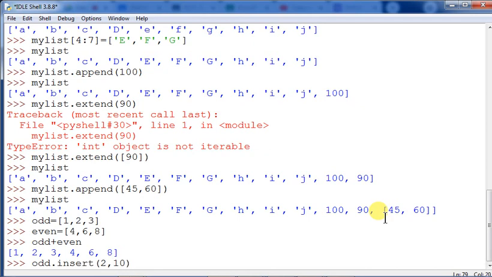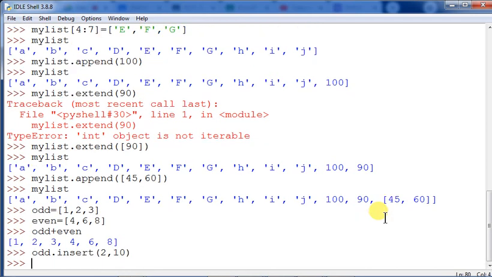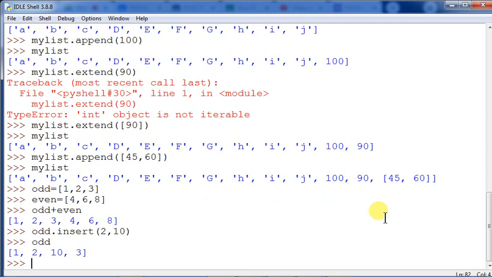Now you see the list: 10 has been inserted at position 2. Position 2 means 0, 1, 2, so in the third position 10 has been inserted. This is the function of the insert command.